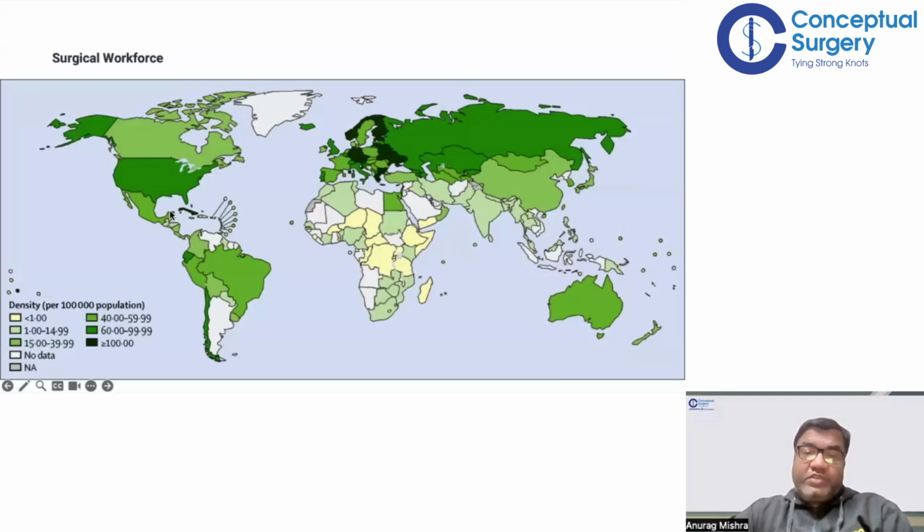Surgical workforce, if we see how much surgical workforce we have, that includes surgeons, anesthetists, obstetricians, OT technicians, operating nurses. If you see this data again, you can see the density corresponds to the number of surgical procedures. Globally, there's a scarcity of surgical workforce in Asia and Africa, and there are some parts where there's no data at all. That is also scary. Only a few countries are able to boast that they have an adequate surgical workforce.